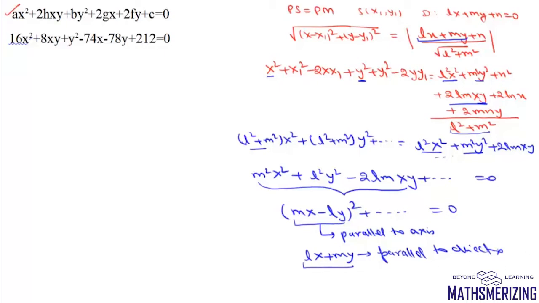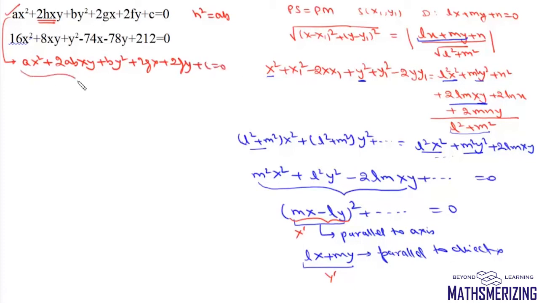So what I'll do is, I'll take this Mx minus Ly as some x dash, and I'll take Lx plus My as some y dash, and then I'll get a parabola which is related to our standard forms. Now, how do we express this as a perfect square? We know that this equation will represent a parabola when h square is equal to ab. So here I'll get ax square plus 2abxy plus by square plus 2gx plus 2fy plus c equals to 0.